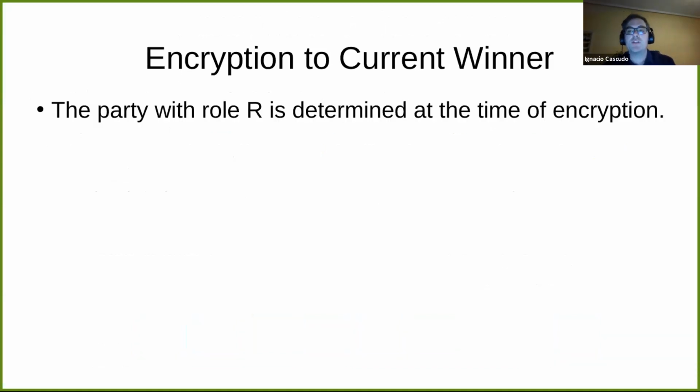But also in that paper, there is a weaker version called encryption to the current winner. Encryption to the current winner means that at the time of encryption, the role is already assigned. So the party that is going to be assigned this role is already completely determined. And